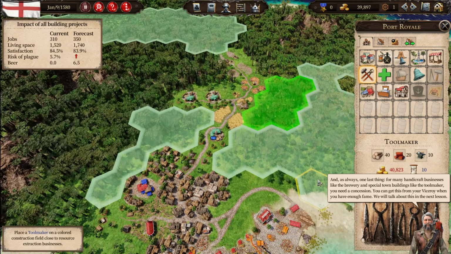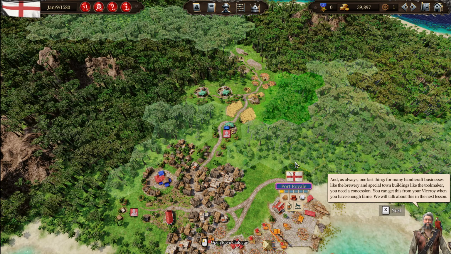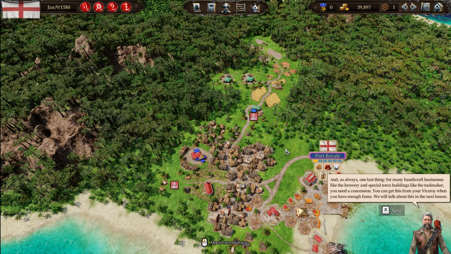And as always, one last thing. For many handicraft businesses like the brewery and special town buildings like the tool maker, you need a concession. You can get